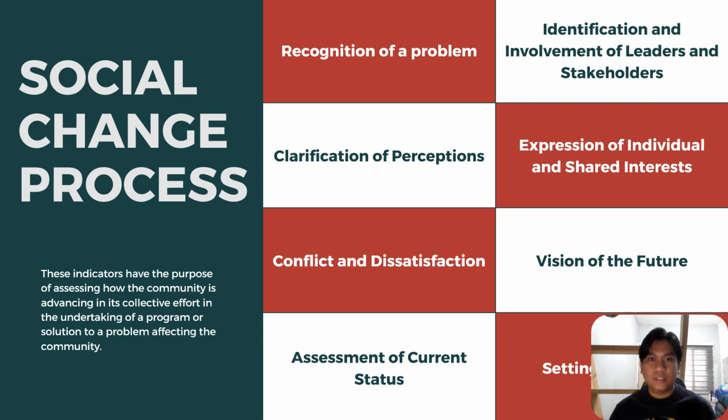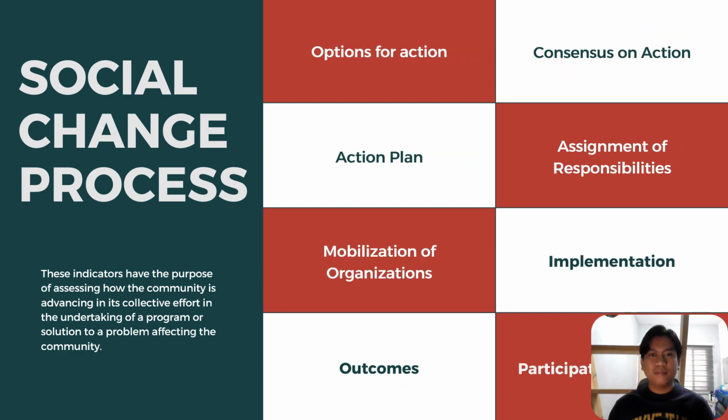Setting objectives. The community should be able to list its goals and objectives as a result of a shared vision. The community leaders and/or change agent should then assess how realistic the goals are and work to set moderate goals to prevent a sense of failure if they are too high or unrealistic, or demotivation if they are too low. Ambitious but attainable goals ought to be prioritized. So next